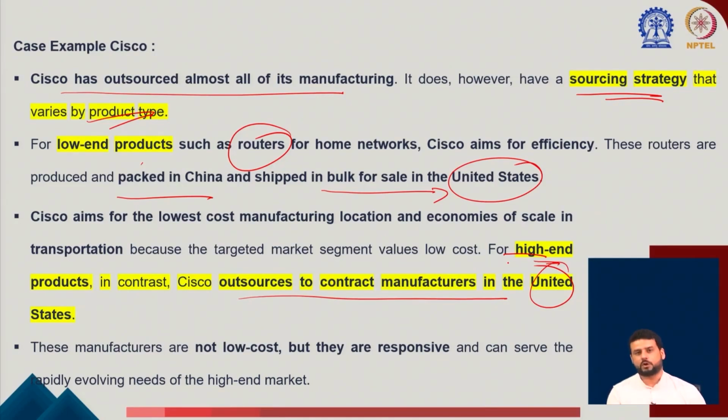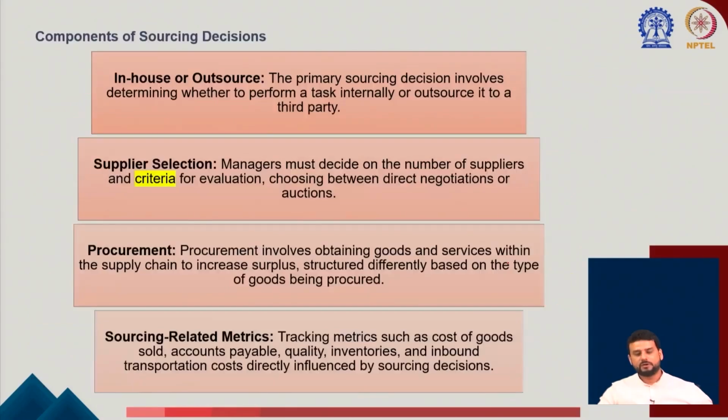High cost locations are there, but in that way, because you are near the end market, you are getting more responsiveness. Components of the sourcing decision: you should produce in-house or outsource. Already we talked about break-even analysis you can use. Supplier selection: how you will select the supplier based on different criteria. Maybe the capabilities of the suppliers, skills of the suppliers, maybe the cost he is offering, price in terms of